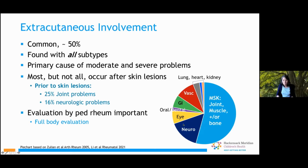And then the neurological, eye, and oral problems are more common with the... sorry, I don't know why it's not clicking. Okay, musculoskeletal is more common with the linear, and then the neurological, eye, oral is more common with the craniofacial involvement, also linear scleroderma. So as was mentioned before, lung, heart, kidney, gut involvement can occur, but these are typically